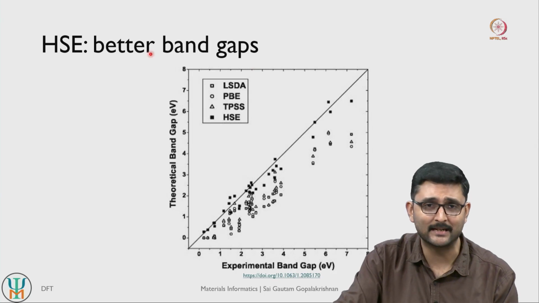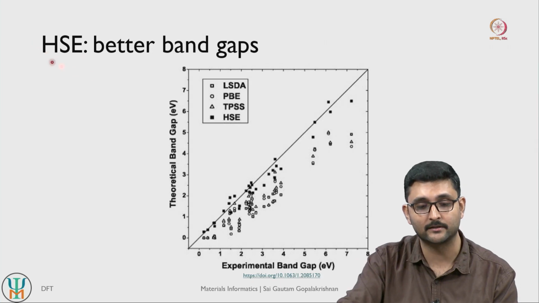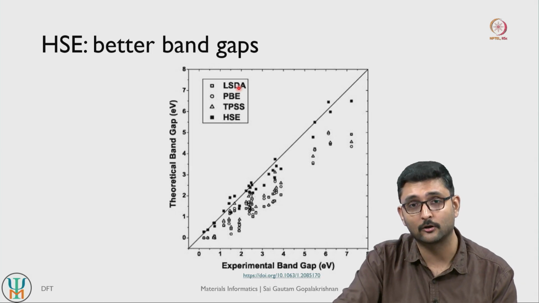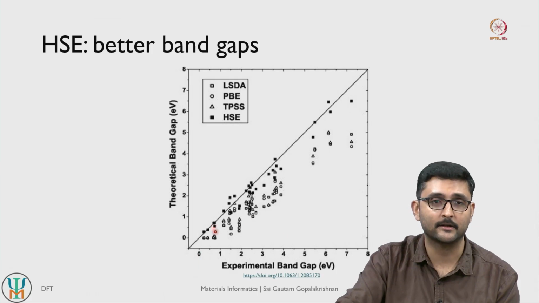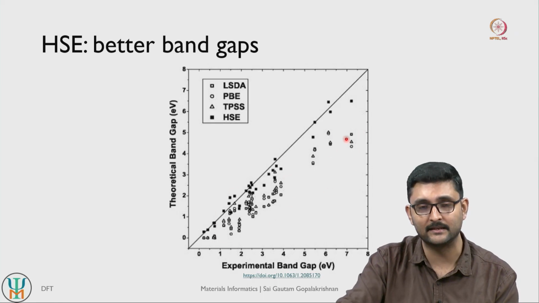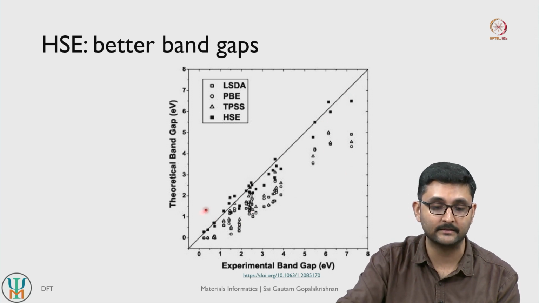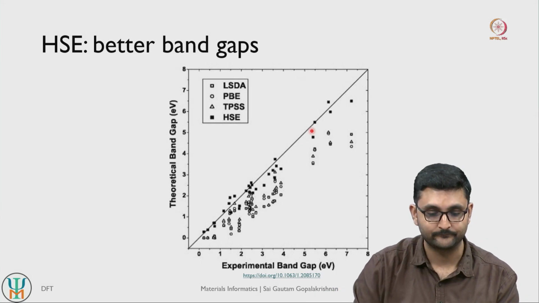Okay, so just as I reiterated in my last slide, hybrid functionals, specifically the HSE06 functional, do lead to better band gap predictions compared to your semi-local functionals, your LDA, PBE functionals and so on, and that's illustrated in this plot here. So this is the computed band gap versus the experiments. You see that most of the semi-local DFT functionals such as LDA, GGA and so on all underestimate the band gap, whereas the hybrid functional HSE is much closer to the parity line. So it predicts band gaps very close to the actual experimental values.